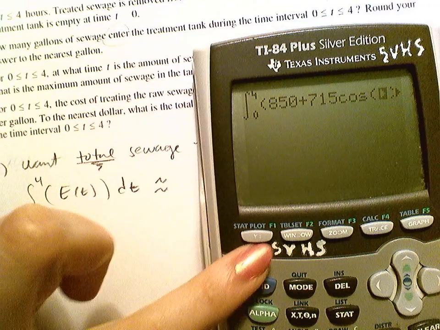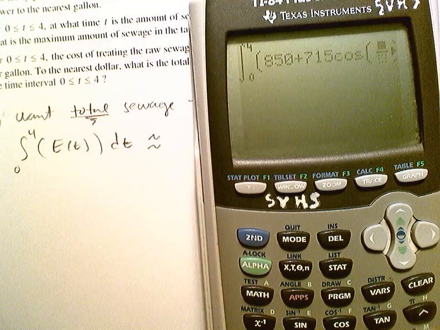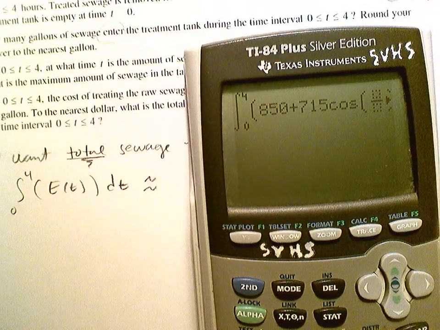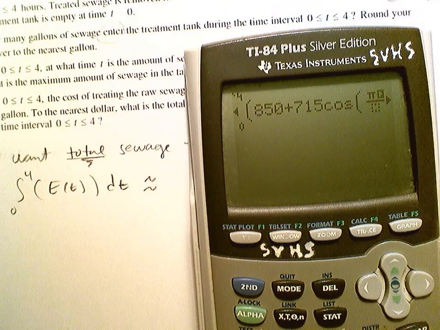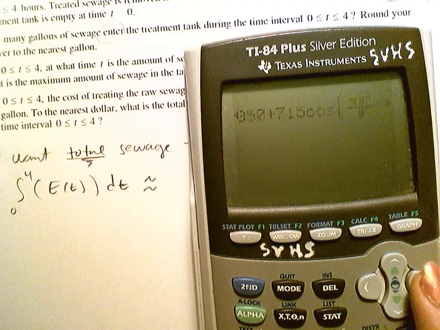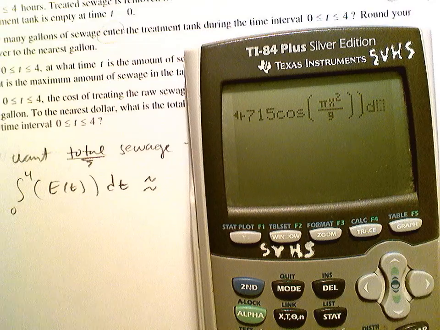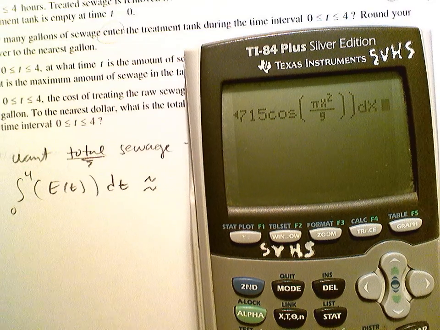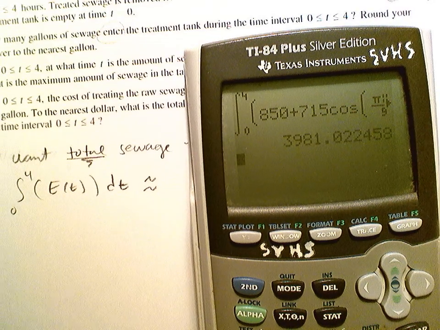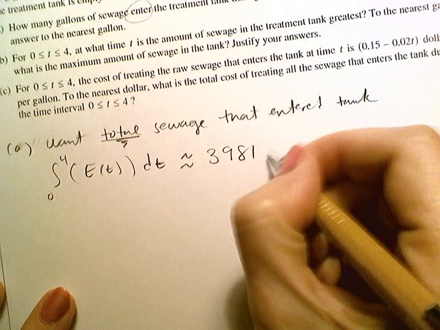cosine. And then, guys, if you hit alpha and then y equals, you could do a fraction like that. That's what the younger kids always do. Oopsie. And then I have to close those parentheses. Okay, and then they say to the nearest gallon. So 3981